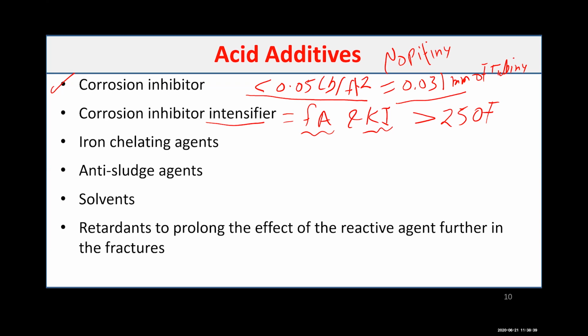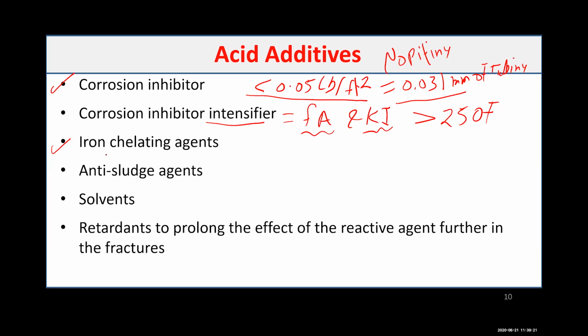The third additive is what we call iron chelating agent. As we said earlier, iron is one of the minerals that, if it exists in your formation, can cause a lot of issues, mainly precipitation, especially at high pH, when the pH goes above 2. So you need some chemical to clean this iron, to remove it and keep it solubilized as much as possible. Some people call it iron chelating agent, iron controlling agent, or iron reducing agent. They all have the same function: you remove the iron or you keep the iron solubilized and not